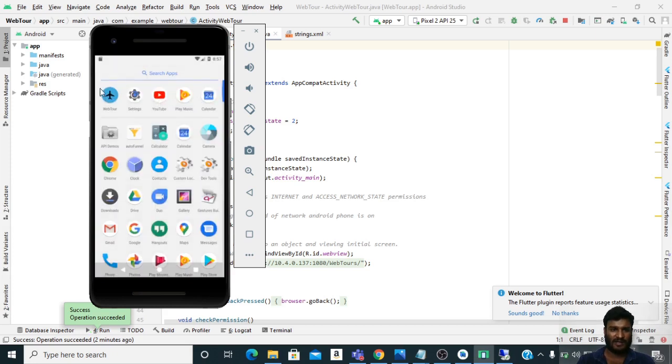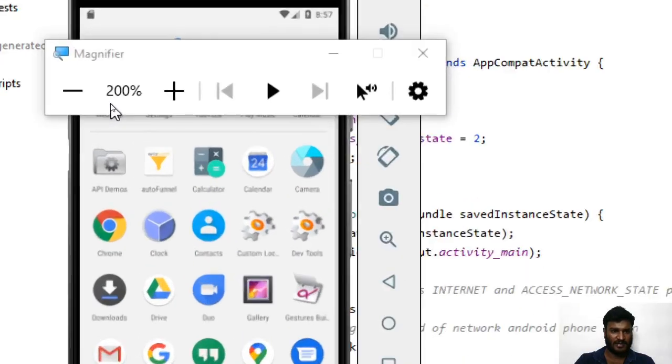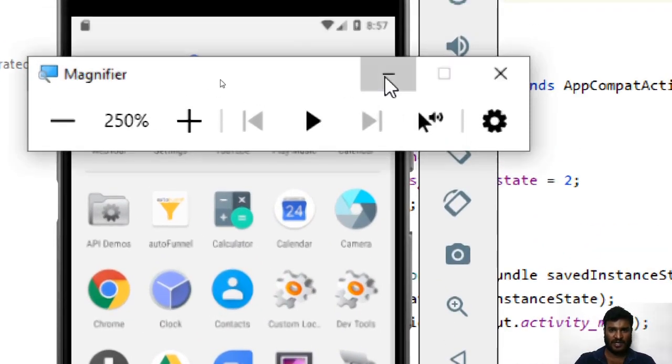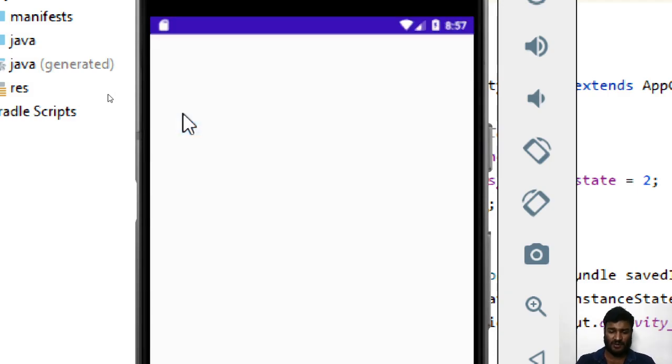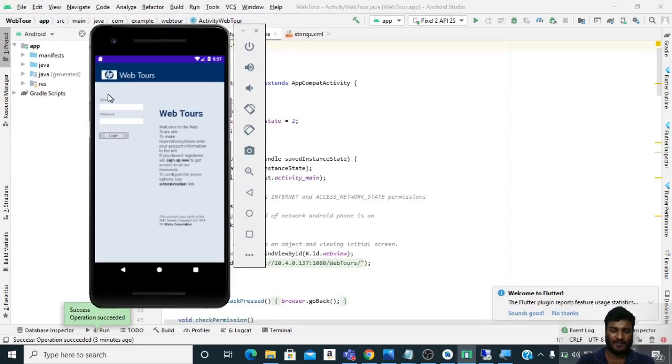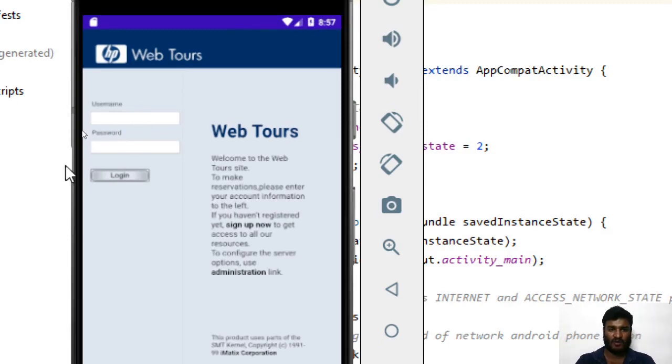Now if I go ahead and show you this, let me increase the font. You can see over here that we have an app, WebTour app. This is Chrome. We are not opening this particular website on a browser. This is an app, a hybrid app. So I'll just click on WebTour, and you see that this particular app